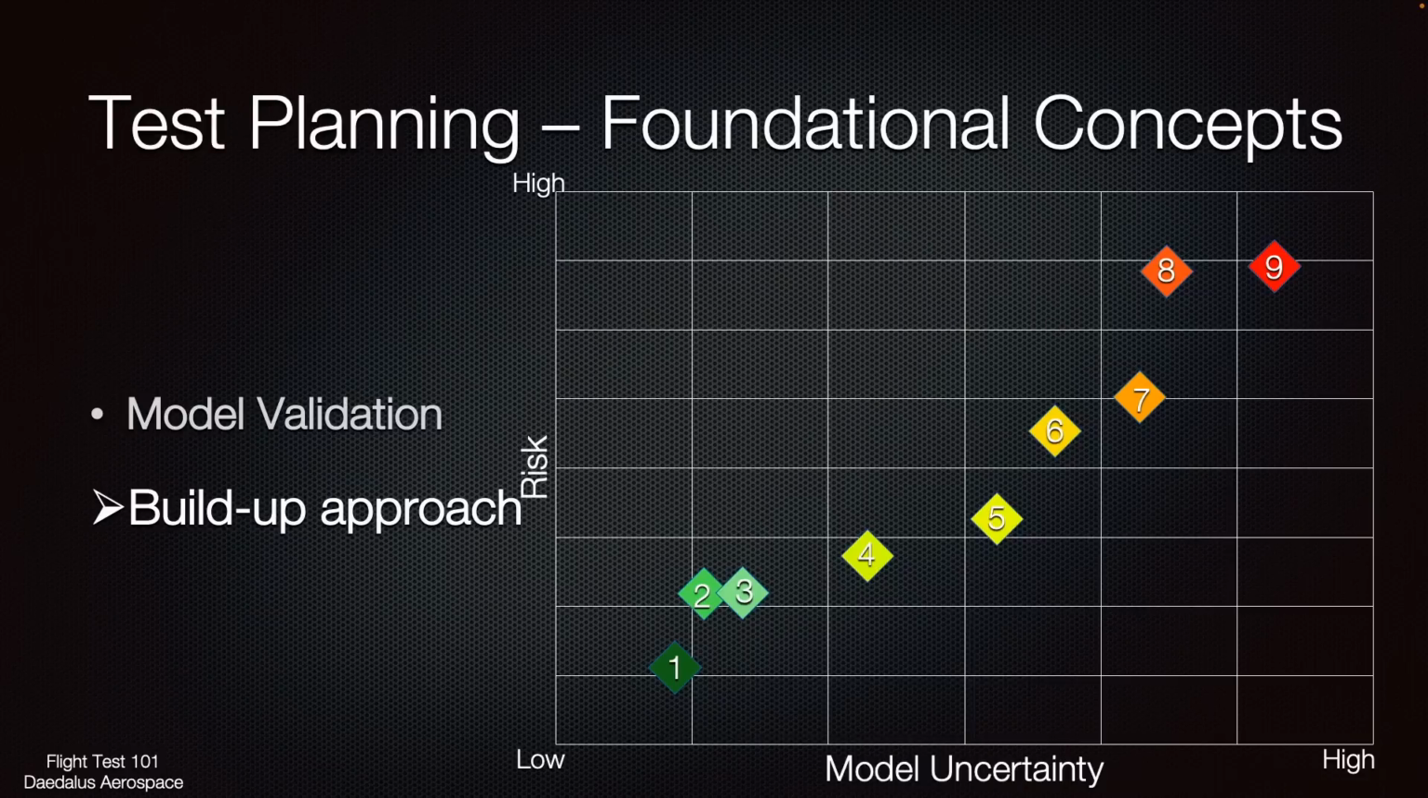The build-up approach sequences prerequisite tests that contribute certainty through model validation. By starting with test conditions that have lower model uncertainty and lower risk, the refined model predictions can be fed back into subsequent tests to increase safety and efficiency. So we'll start with low model uncertainty and low risk, with the number 1 there, and then move up through tests in increasing order of model uncertainty and increasing risk. But those tests are made possible by feeding back in data from the initial lower risk and lower uncertainty